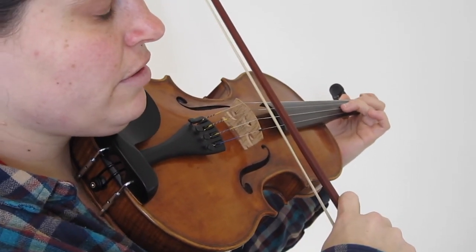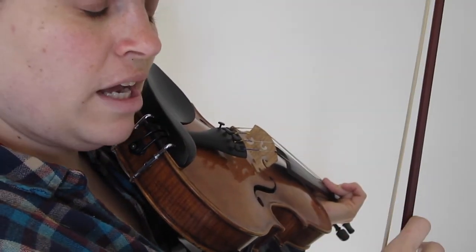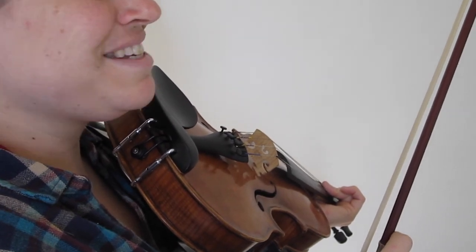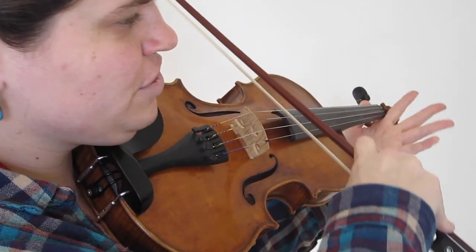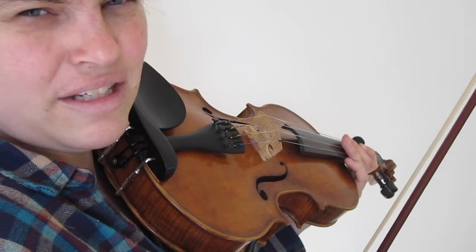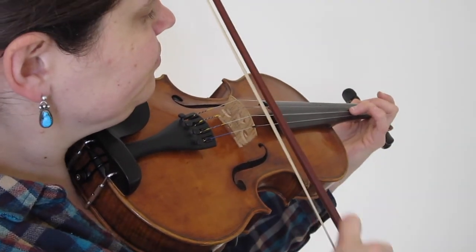The ending starts like the second phrase. But just to clarify, the second time you play the first phrase, which is the third phrase, this is so confusing whenever I say this, the third phrase doesn't have the other notes, it just starts right on the G. It doesn't make musical sense to put them in there. But the ending,